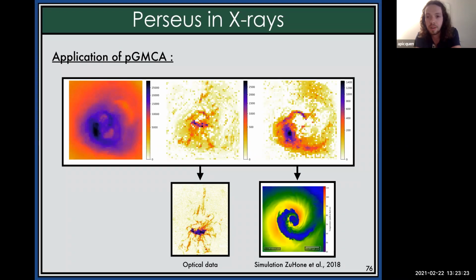And the last one, I think, but I'm not sure because I'm really not a specialist of Perseus, was not detected at all. And it's consistent with simulations about sloshing cold fronts. But I don't have any physical conclusion about that. It's just that a simple application of the algorithm on this data is really promising.